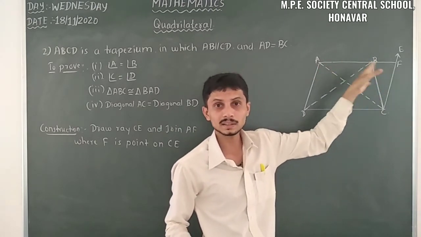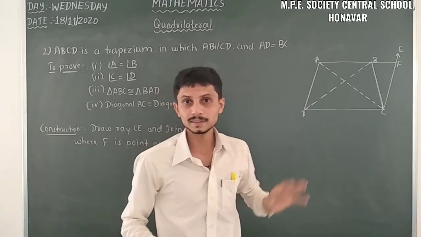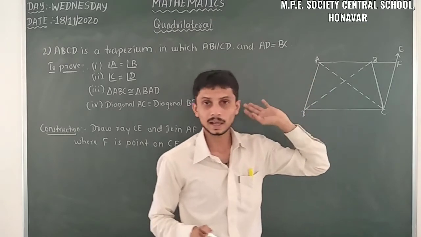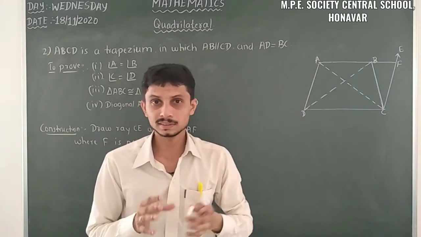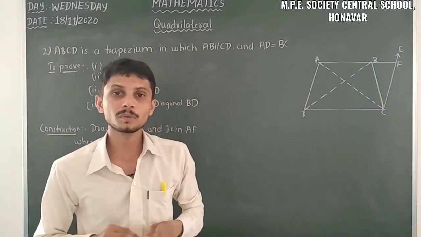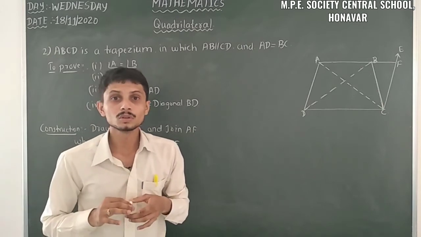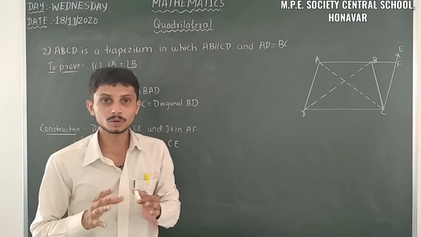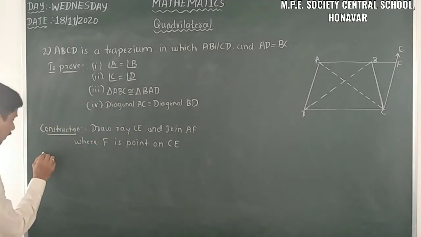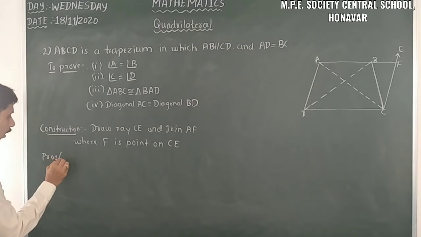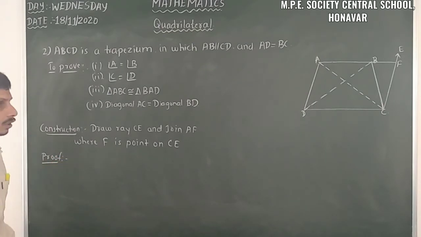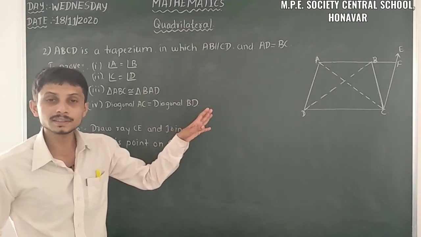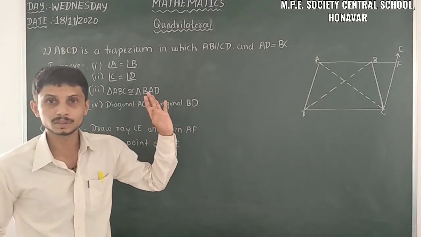Then we can easily take the angle A is equal to angle B by taking a ray that stands on the line. So we already know about some of the lines and angles axioms. From the use of that we have to prove this thing. So we have to move on to the proof. So let us take the proof here. Along with the proof you have to understand. Firstly I will take that the adjacent angles of a parallelogram are supplementary.